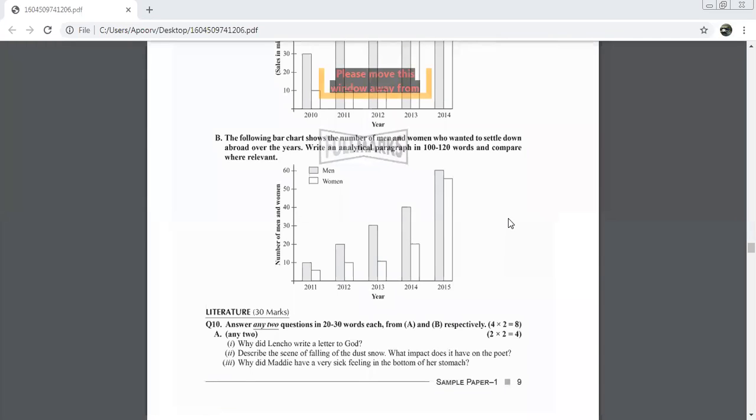Anshika, how will you start this paragraph? Speak, beta. Yes, bache, speak. And Aradhya, be ready. Next, Aradhya. Start, beta. Ma'am, this graph is showing the number of men and women who wanted to settle abroad. And in this, always men are more in number than women. And also,